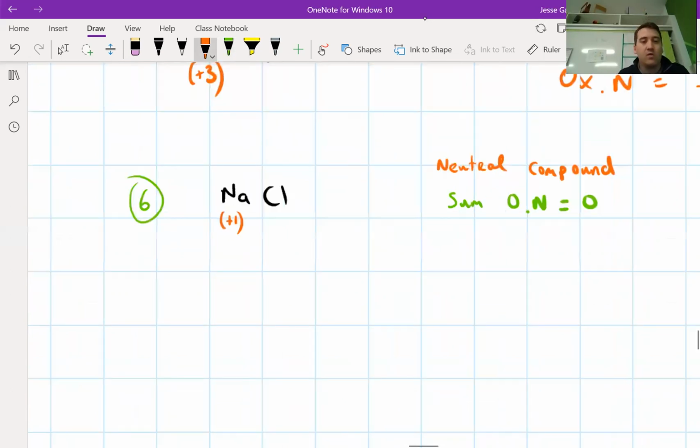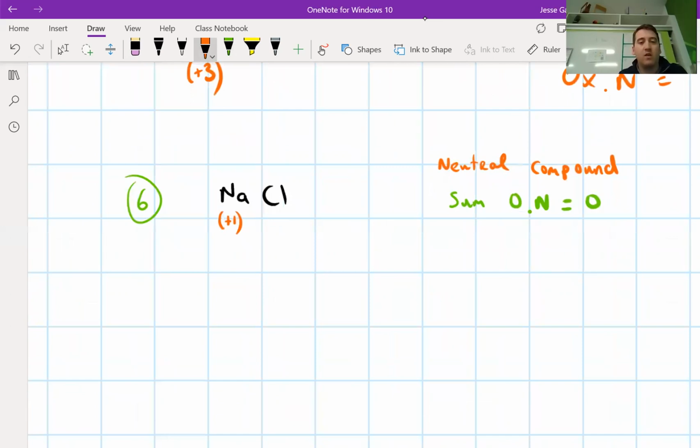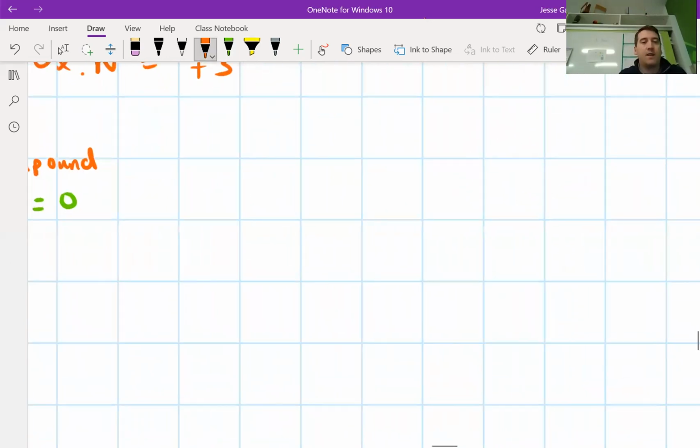Now this first one is a very easy case to do. If sodium is +1, that means that chlorine has to be -1. So +1, -1 add up to 0. That's pretty straightforward. Let's look at an example of, instead of sodium chloride, magnesium chloride,